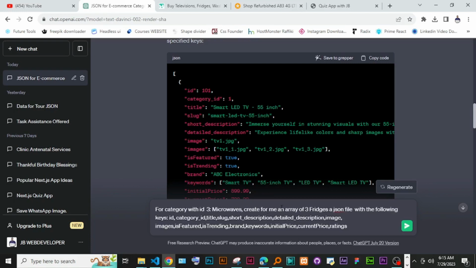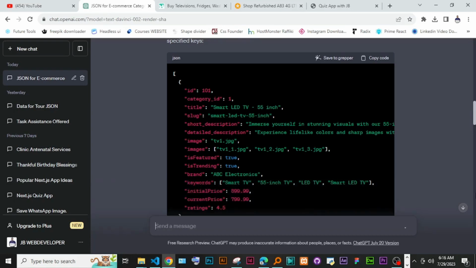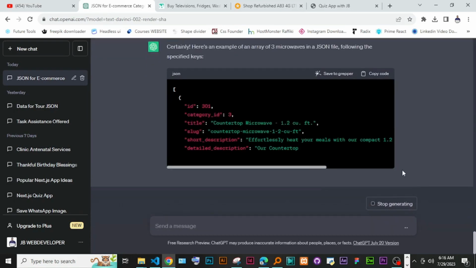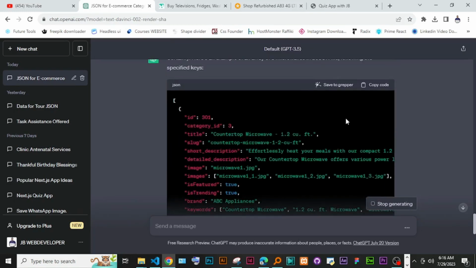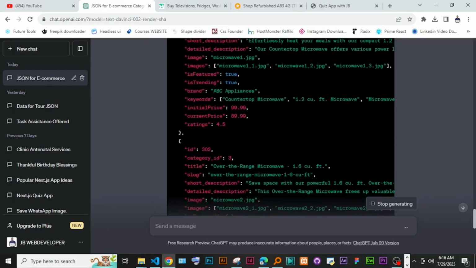Create an array of 3 microwaves, an array as a JSON. So here, microwaves as, so just enter again, and it is going to go ahead and also create for us the same thing. Okay, it is going to go ahead and create for us the three microwaves, and you can see them